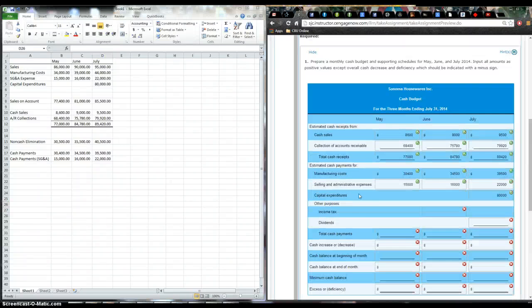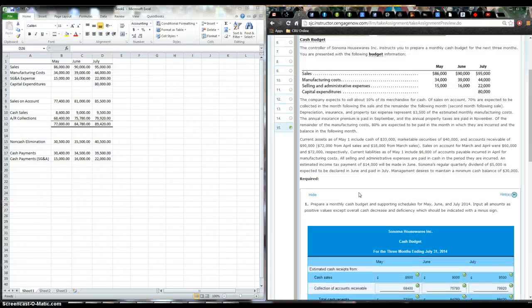All right, welcome back. Now we are to the income tax portion of our input. So the problem says, let's see, our regular, oh, here we go. An estimated income tax payment of $14,000 will be made in June. So income tax payment,